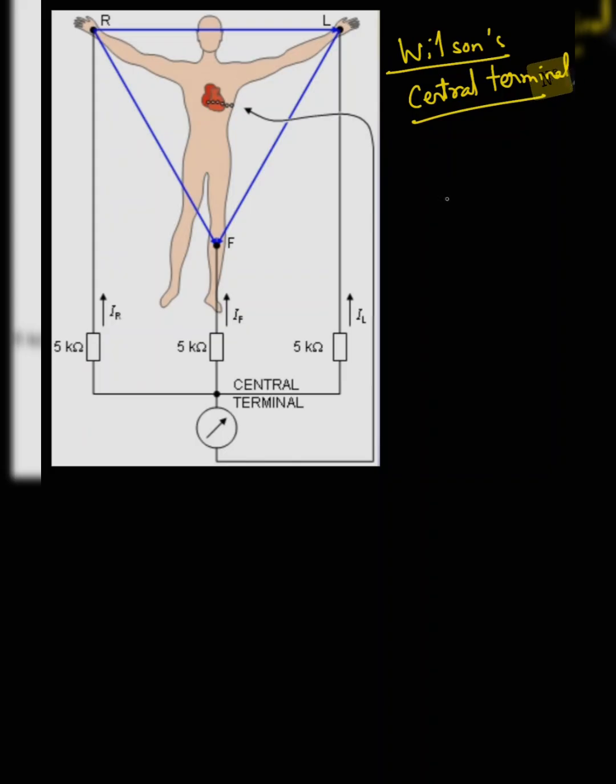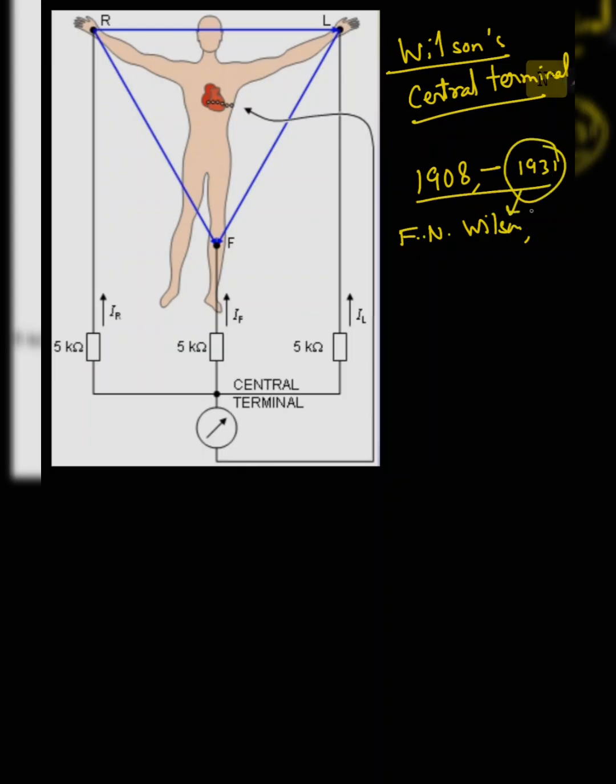Okay, so in the year 1908 to 1931, actually the research was conducted, and in the year 1931 Wilson, a physician named F. N. Wilson, devised this modification to the Einthoven's ECG machine. Okay, so what it did,